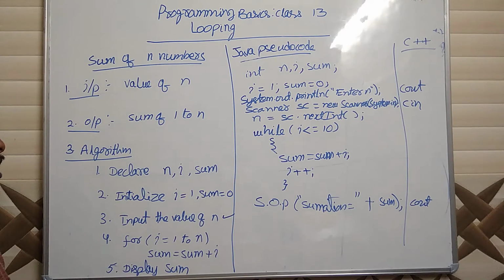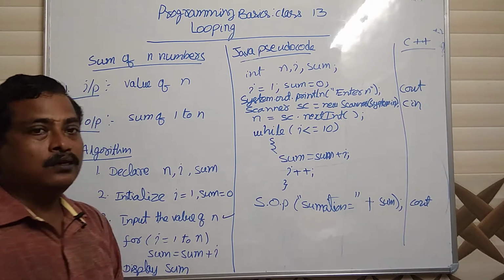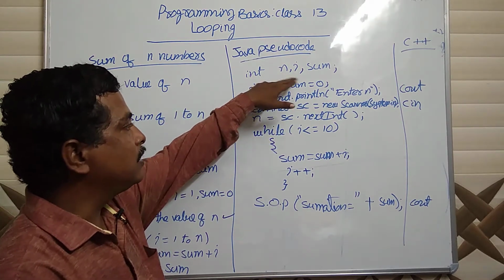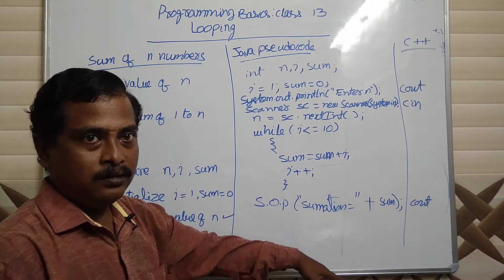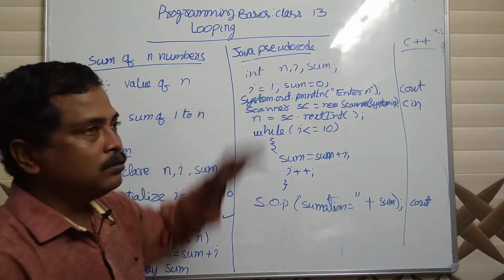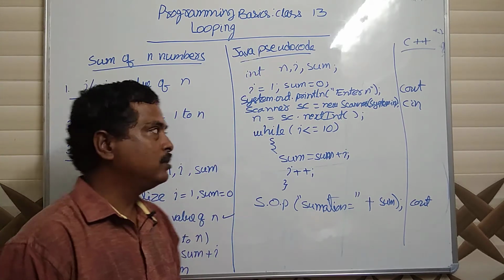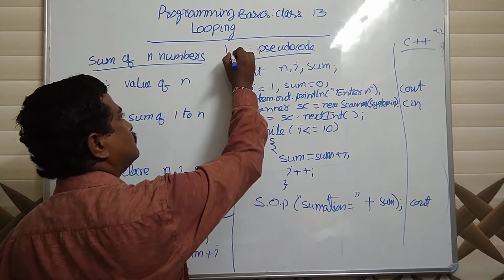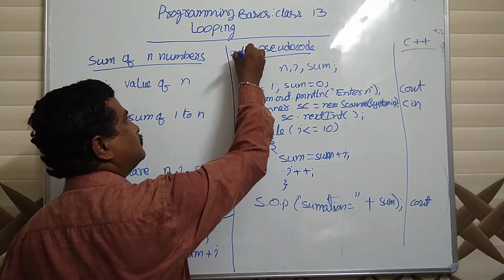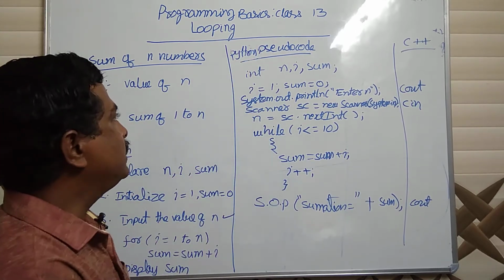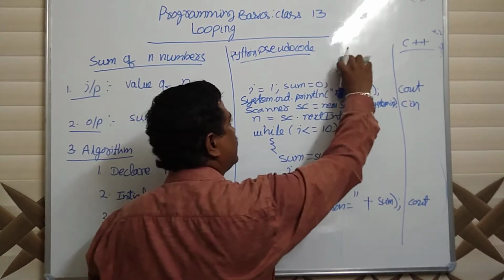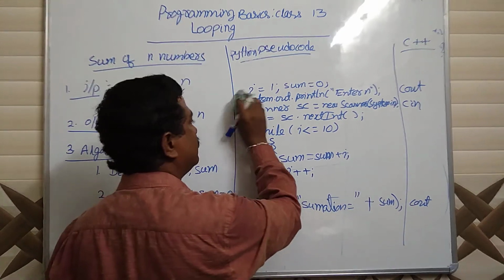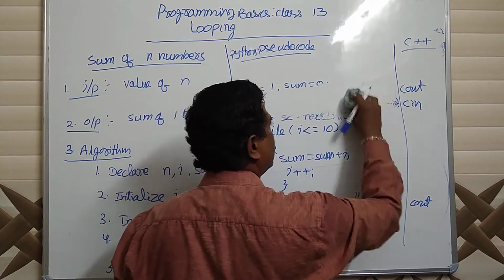Okay. Now when you are coming to Python, remember one thing: in C++ and Java, initial declaration is not required. Anywhere you can declare. Okay. If you are declaring also, it is not wrong. Okay. Now let us go for Python. Now in Python, no declaration is required because Java takes it automatically, and Python also takes it automatically.